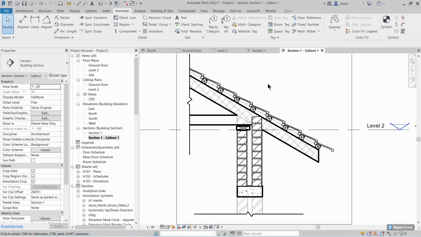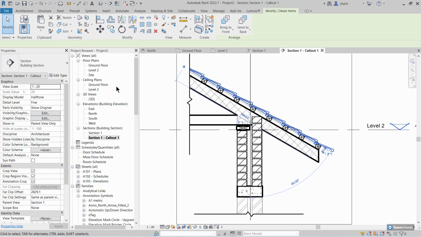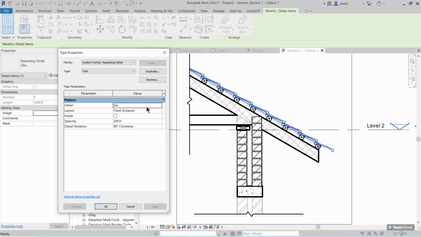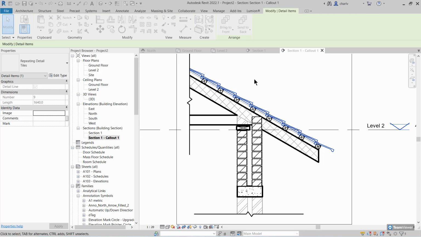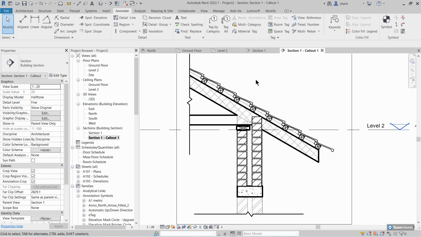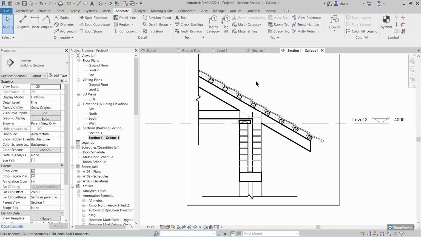All right, and so very quickly I can start creating a duplication of my original single components, and these are just repeating detail components. So it's got certain uses. If I just go to one of these to show you, it just uses the tile detail component at a fixed distance between. It's got certain rotation and things that you can add. All right, and so very quickly, very easily, I can draw a little